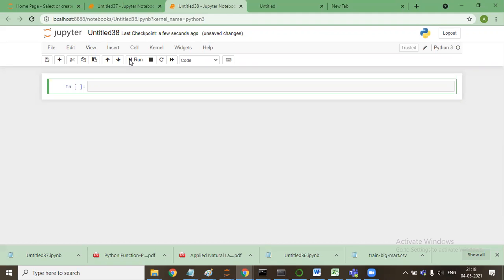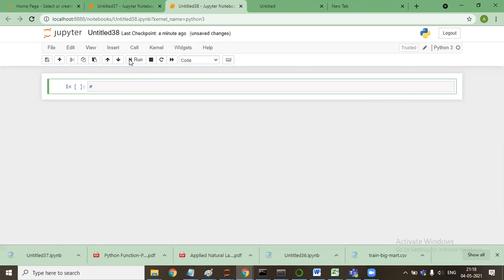Okay, guys, let me tell you. When we work on functions in Python, the way we have been discussing, there are basically three functions that are always used.